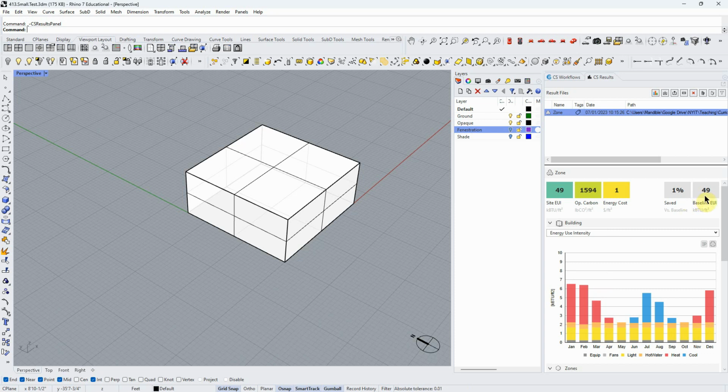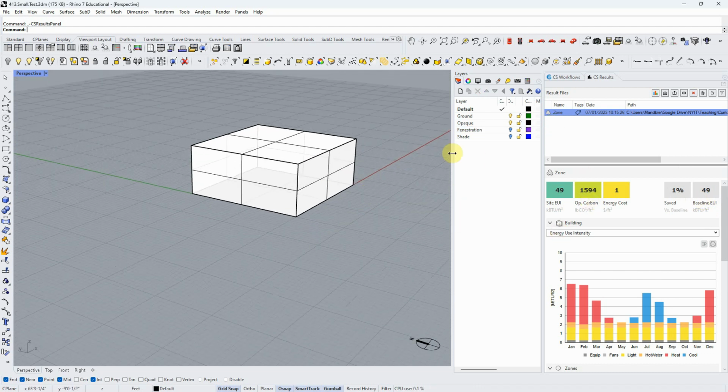This baseline EUI is from the Department of Energy, or let's just say standard 90.1. Those prototypes, they went out and did a big survey, and they came up with an average for buildings of this type. So the multifamily that we chose. This is what we're shooting for as a baseline. Right now our building without any windows or anything makes it the average. Kind of interesting that it's exactly the average. Okay, anyway, let's go back and add